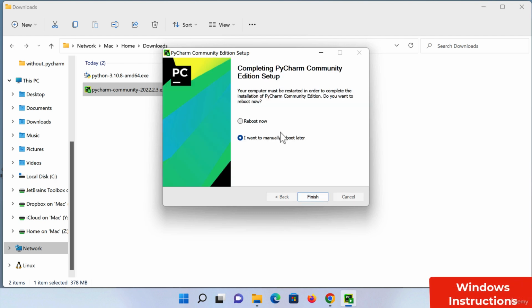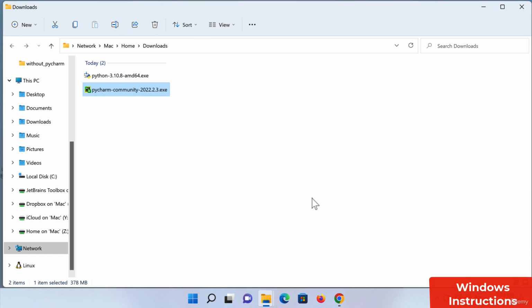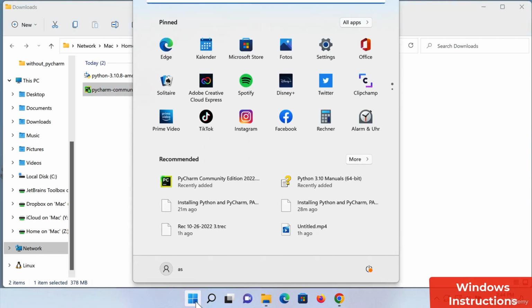At the end of the installation, this might ask you if you want to reboot your computer. That's not necessary, so you can just say I want to reboot later. So the rebooting will help to set some configurations, but we really don't need to have those configurations right now. And so let's check if PyCharm was actually installed correctly by searching for